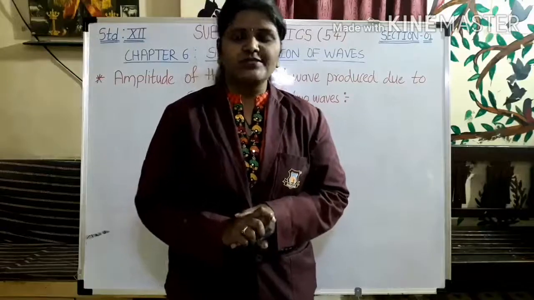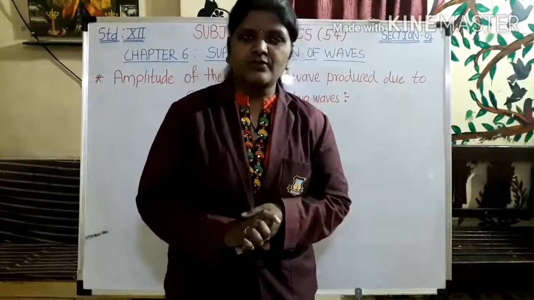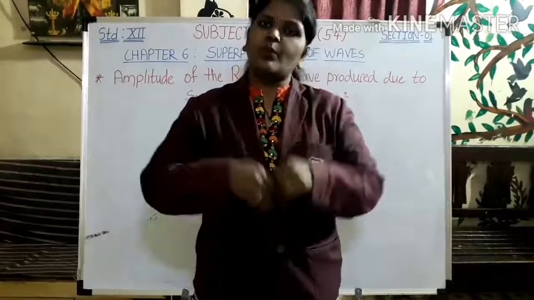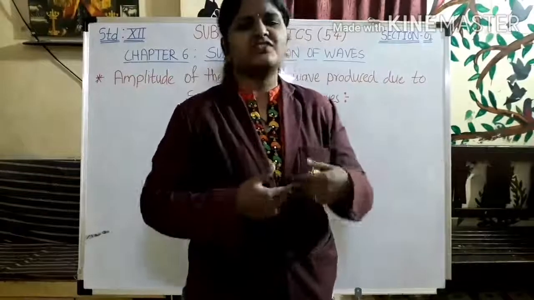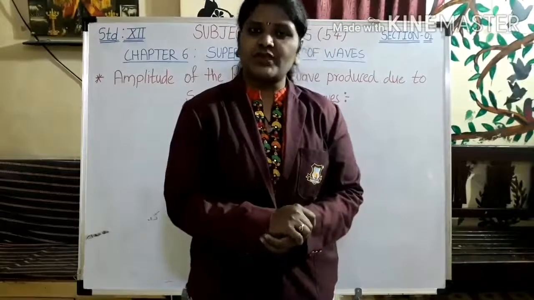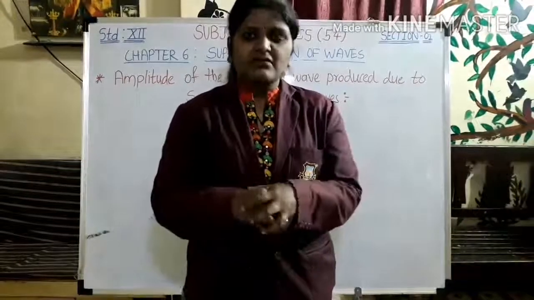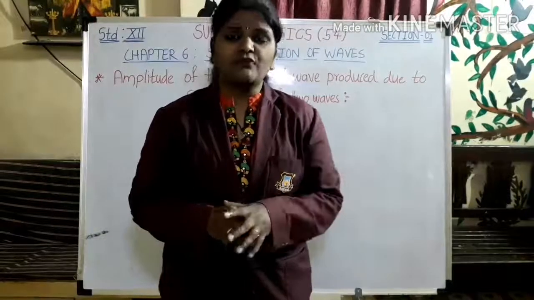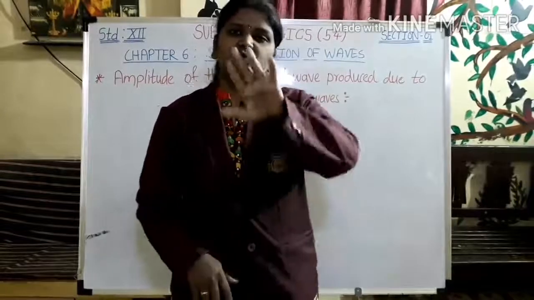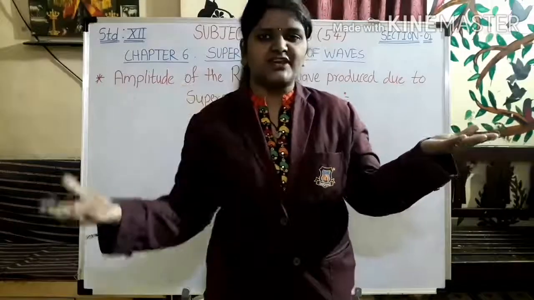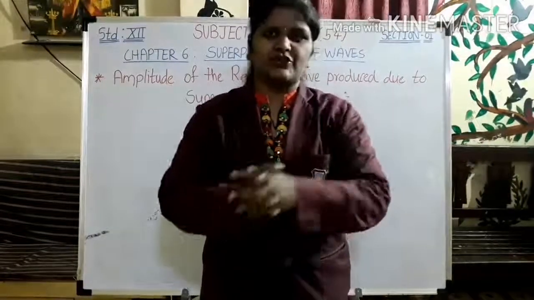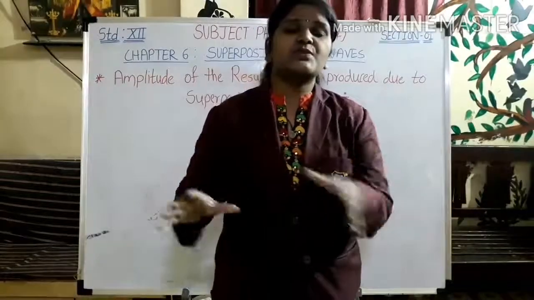Why is it so? Because if we are considering any kind of wave traveling through any medium, that wave is traveling like it is the only one. Then if a second wave comes into contact with that wave, their displacements are not merged together, but we have to calculate the displacement of these two individual waves. So suppose the first wave is y1, the second wave is y2, then what will be the displacement of both of them? It will be y1 plus y2. So this we have seen already.